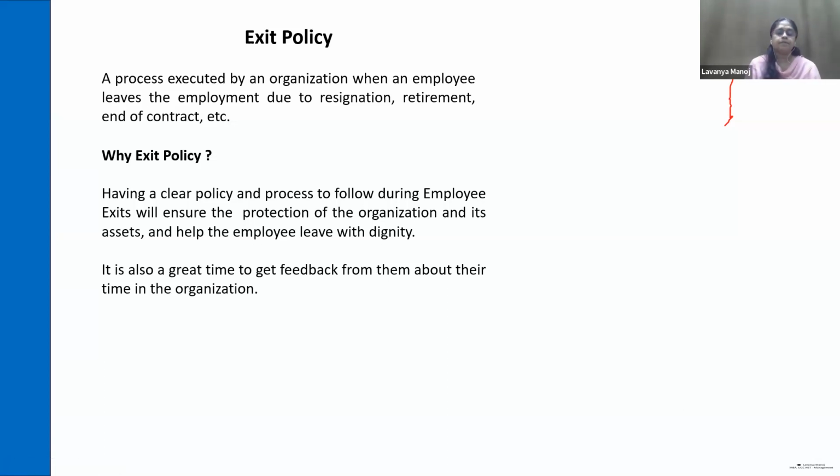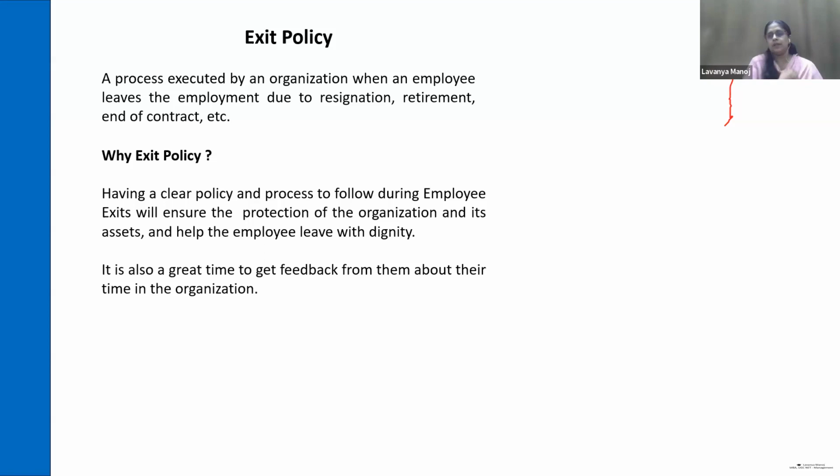And where we were, okay, exit policy. So it helps the organization to analyze what they are lacking, what they have failed to give to the employee, and why the employee wants to leave the organization, so that the mistake cannot be repeated again with the new hires or the other existing employees. So in both cases, it is good for the organization as well as good for the employee, because